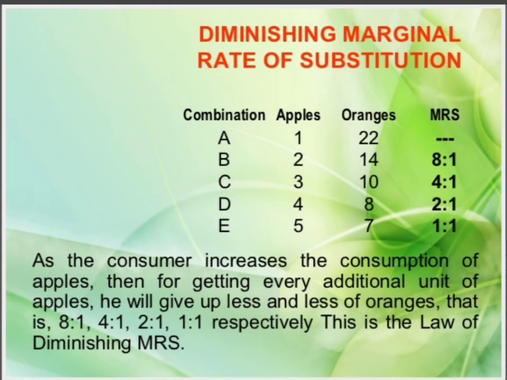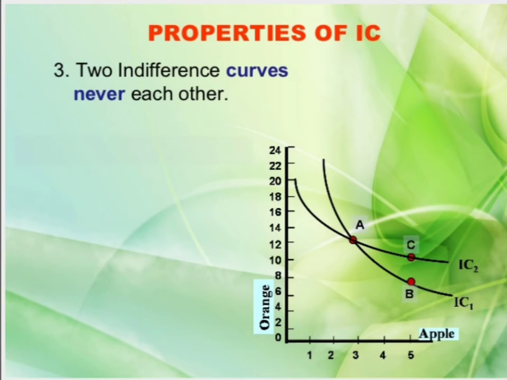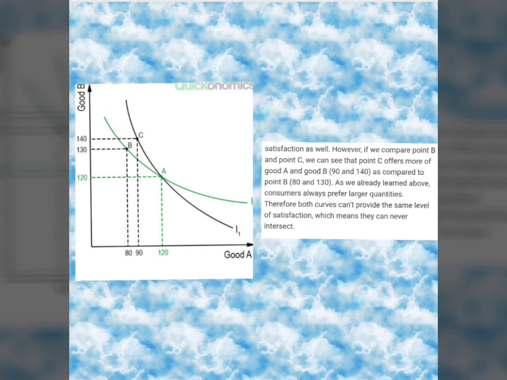You can see here the apples and the oranges, and how we can calculate the MRS, by seeing the change in oranges and the change in apples. What is the amount of change in apples that remains? 1 to 2, then a difference of 1. But you have to see how much the difference is in oranges, such as 8 and 4. Now the third property is